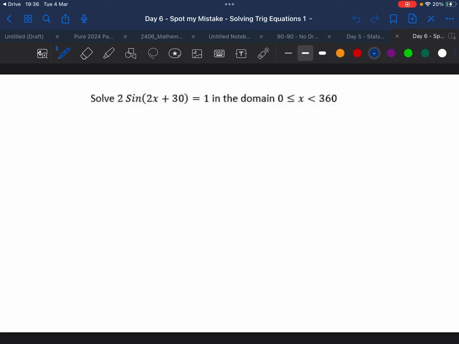0, 316. Okay, so first step I'm going to do is this. Next step I'm going to do is I'm going to do inverse sine on both sides. Degree mode, I'm on degree mode, 30. Okay, so